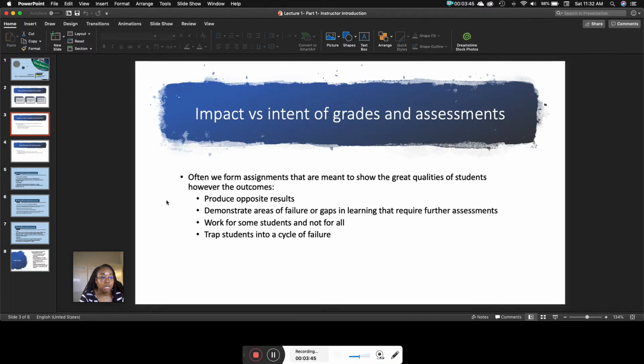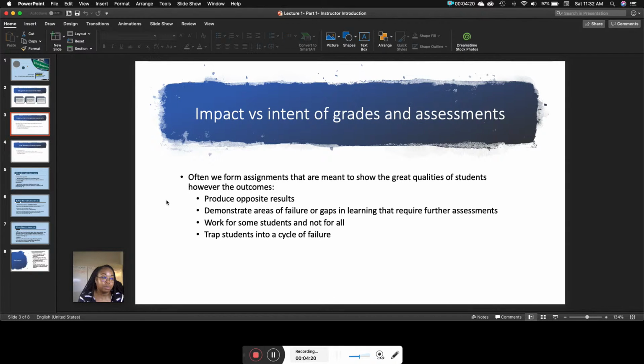However, the outcomes produce the opposite results, or they demonstrate areas of failure or gaps in learning that require further assessments, which is not a bad thing, but sometimes that's not the intention of the assessment or the tests or the grading procedure that we do. And then sometimes the outcomes work for some students and not for all. You'll see huge gaps between consistently higher achieving students and students with low achieving rates. A lot of that has to do with how grades and assessments are placed.